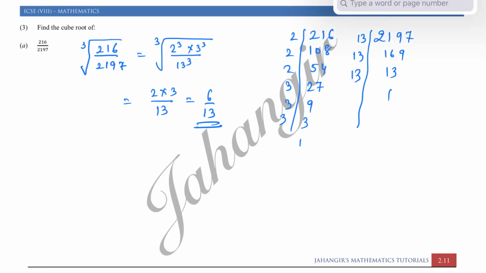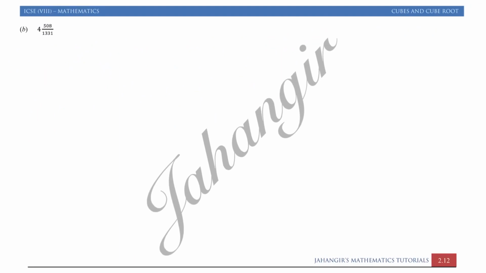Next question. This chapter is really very simple. First convert the mixed fraction into an improper fraction. First multiply 4 into 1331. Multiplying, what do we get: 4 1s are 4, 4 3s are 12, that is 24, carry 3, and so on, plus we have to do 5 0 8, so you will get 5832. So we can write cube root of 5832 upon 1331.